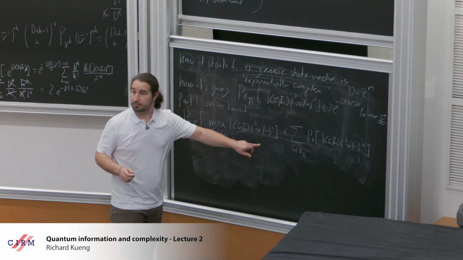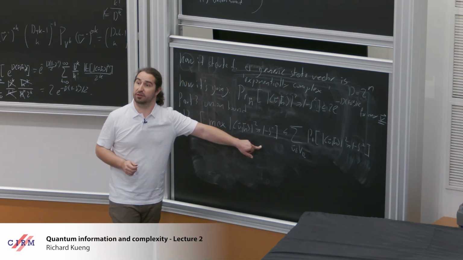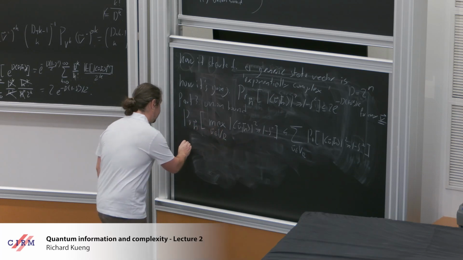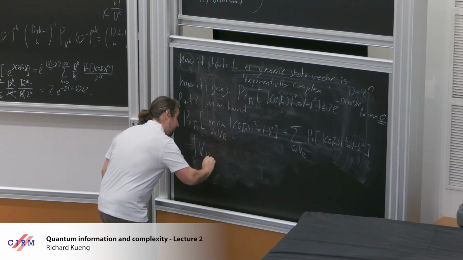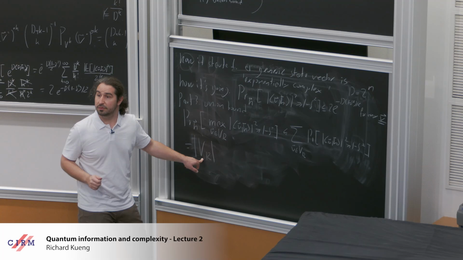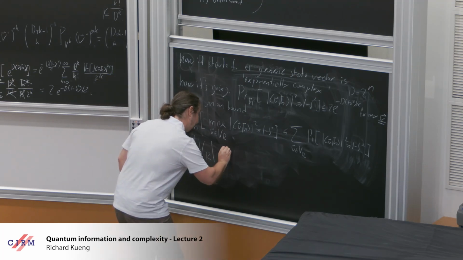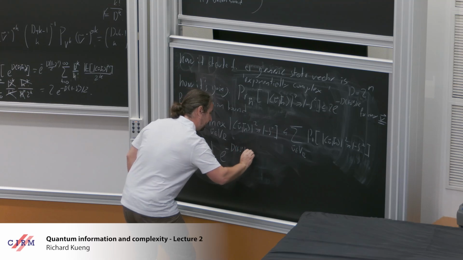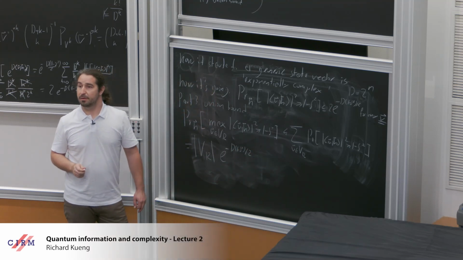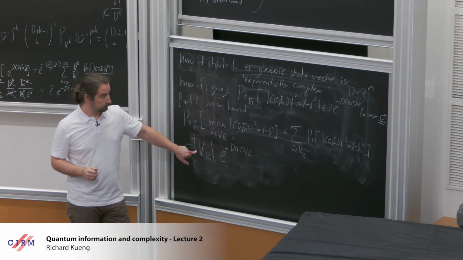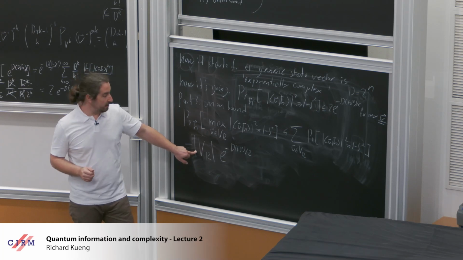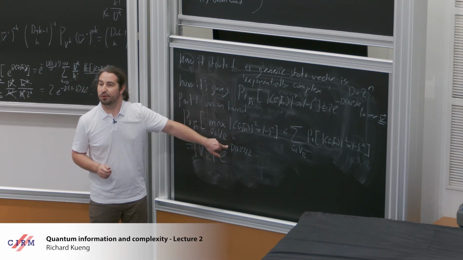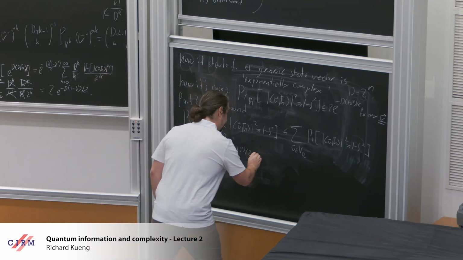Right? And now I can use my doubly exponential concentration to see that this is equal to the size of the set of vectors that I do times e to the minus d (1 minus delta squared)/2. Okay? How large does this set have to become until this is not doubly exponentially small? It has to become doubly exponentially large, right? So this is tiny